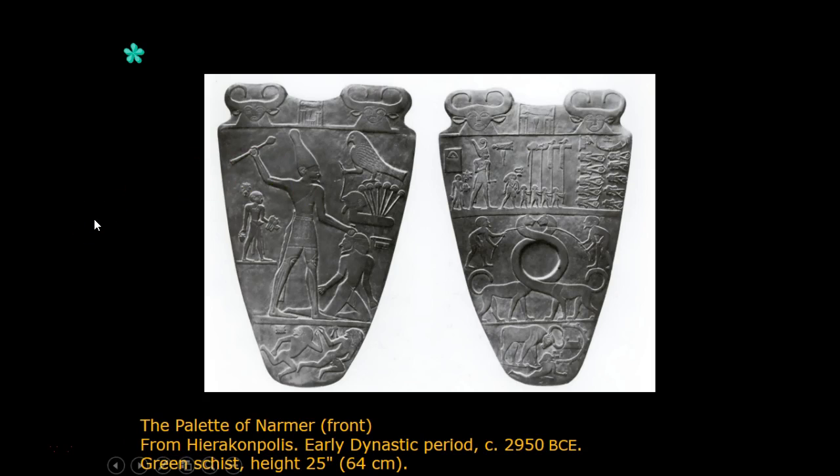Again, the use of hierarchic scale on both sides of the palette signals the importance of Narmer by showing him overwhelmingly larger than the other figures around him. Narmer and his retinue or court are portrayed in conceptual composite poses that show each part of the body from its most characteristic viewpoint. Heads are shown in profile to capture most clearly the nose, forehead, and chin, whereas eyes,